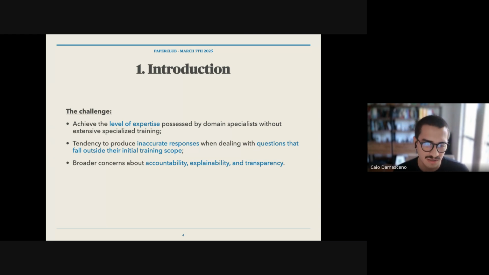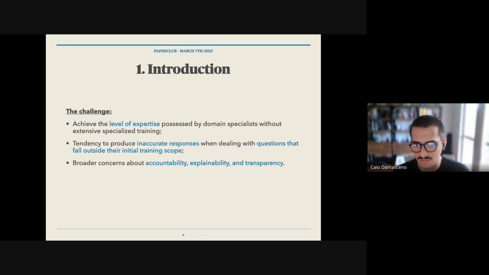So that's a challenge. If we are talking about new science discoveries, new scientific theories, it might need a lot of knowledge to bring something new. And this might require extensive and specialized training. So that's something that could be a challenge. Also, hallucination is a problem, because some language models might bring inaccurate responses to topics that they have not been trained on.